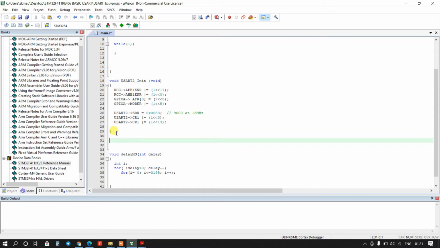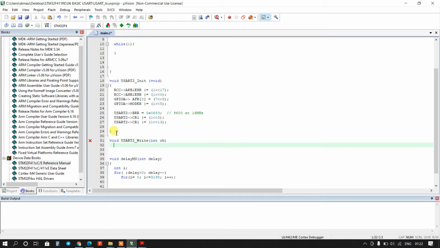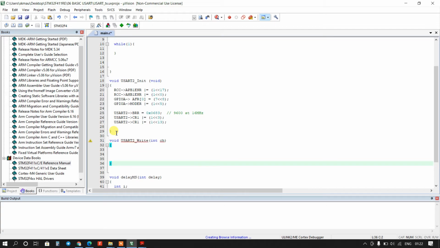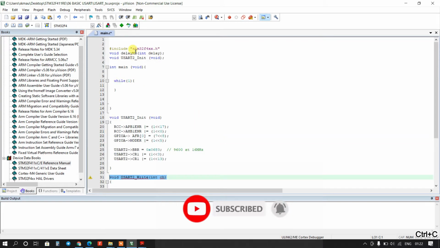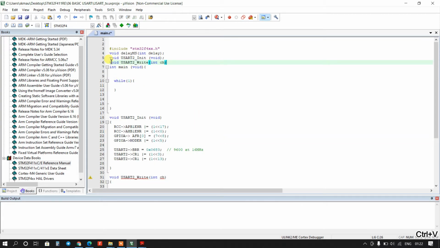Now we will create the USART2 write function. So void USART2_write, it will take int ch. Okay, I will copy this function and paste here as a prototype.